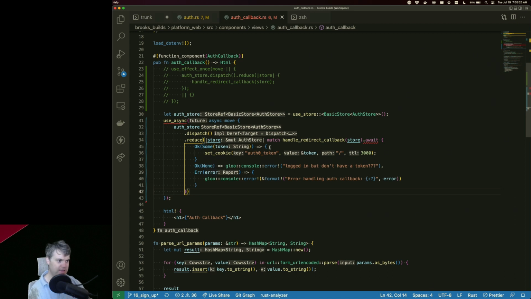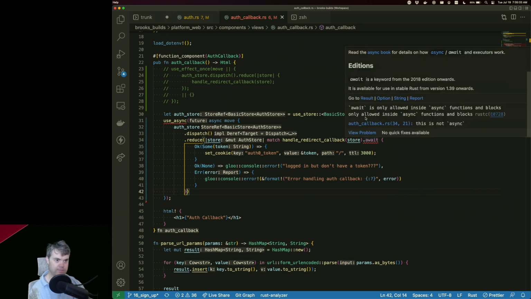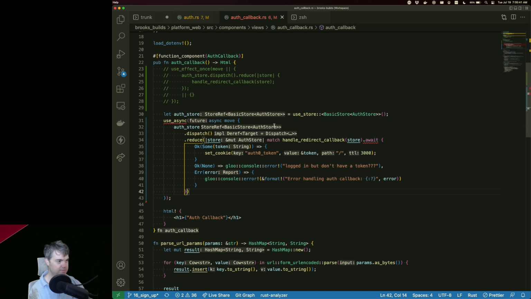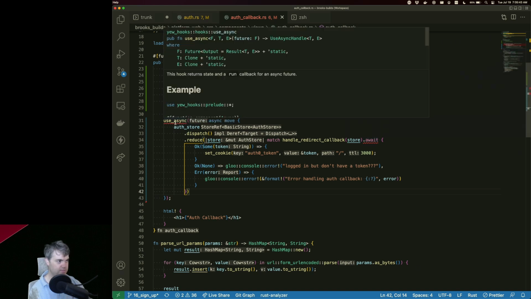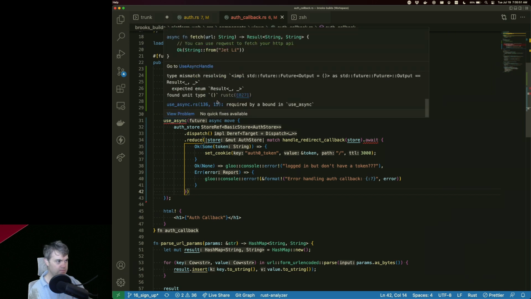Do I have like a bracket mismatch? This is not async. Yo, what's going on? Oh, do I not use it?